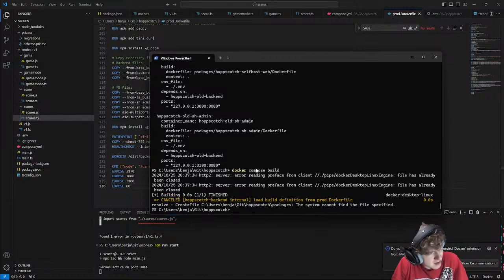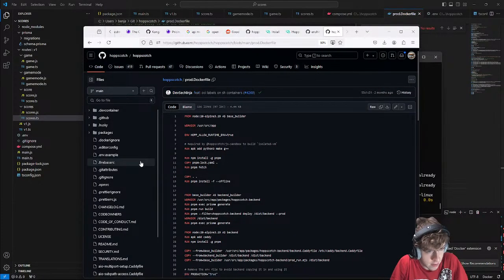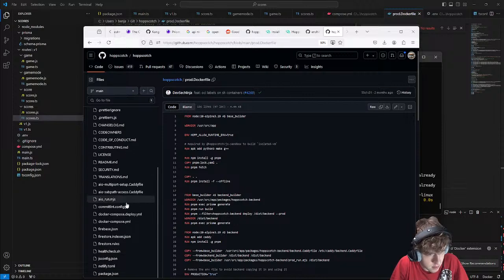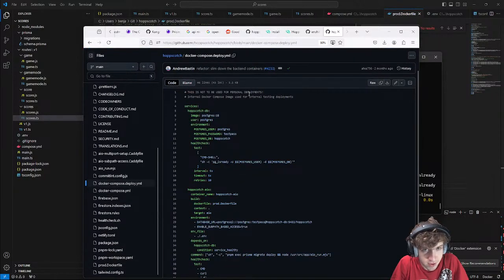Okay, I might get annoyed at this in a sec and then just resort to doing terminal commands. Do they have actual docs for the compose file? What's this? This is not to be used for personal deployments. Okay, so that's for testing.